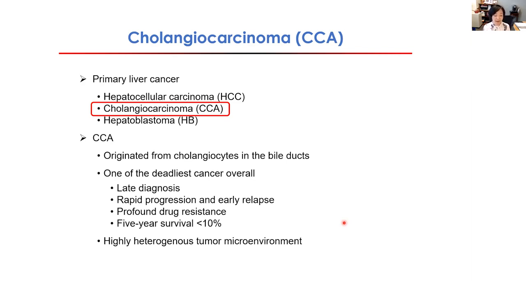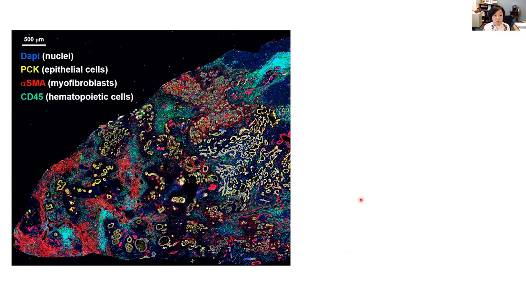So this is really a very bad disease, and we need to understand why it presents all these difficult properties that resist the treatment. It is believed so far from all the studies that the highly heterogeneous tumor microenvironment present within cholangiocarcinoma may contribute a lot to its aggressive behaviors and the resistance to treatment. So I'd like to give an example of the heterogeneity of the cholangiocarcinoma tumor microenvironment. So this is a co-staining of 4 different markers that show on the screen.